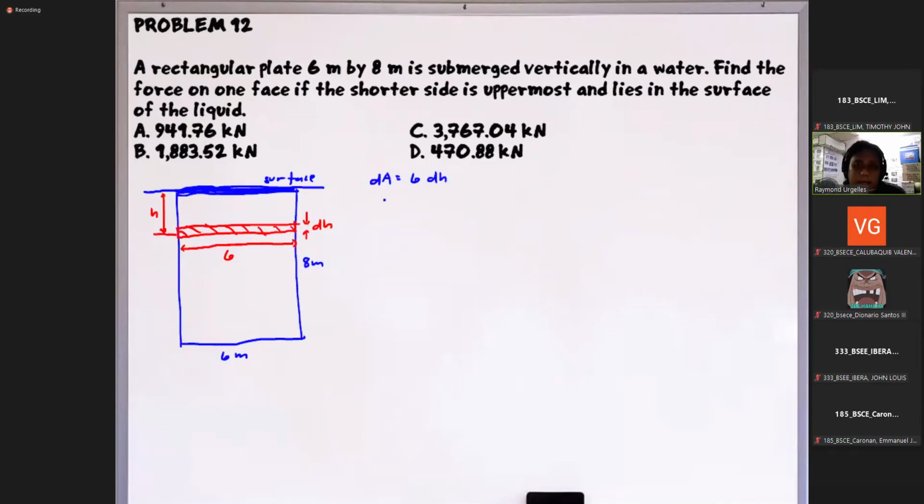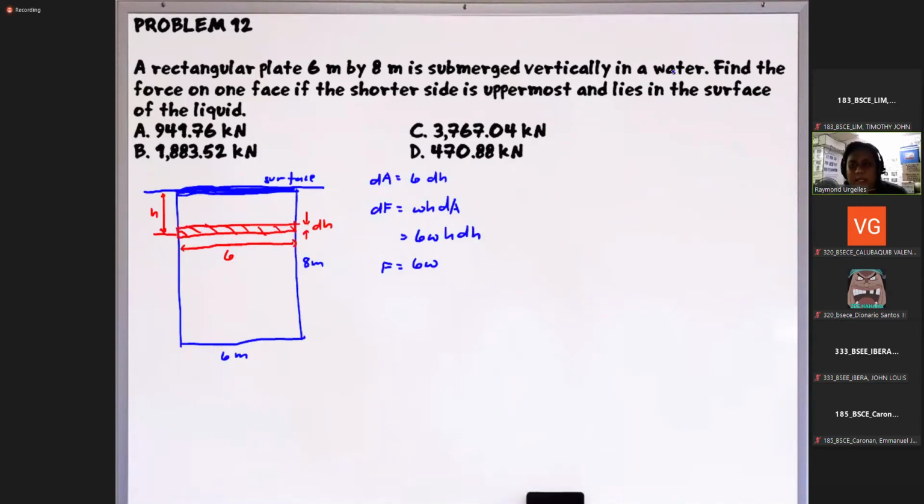So, ganyan lang. Di ba? So then solving for the differential force. So again, this is omega h dA. Sorry, not dh. Okay? So omega h dA. So therefore, by substituting, this will be 6 omega h dh. Di ba? So then solving for the force, that will be 6 omega